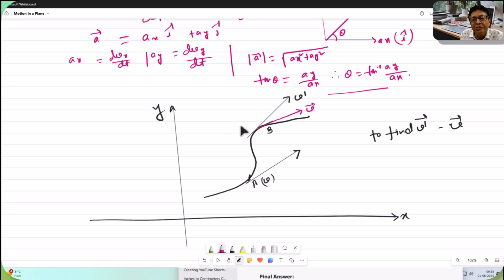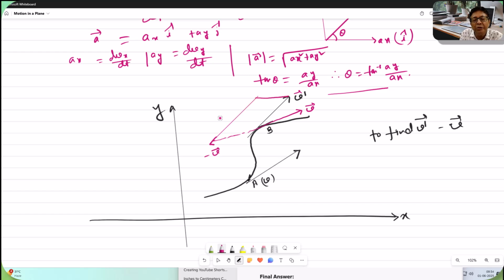V is taken over there. At the place of B, we take the direction, we take the velocity vector v. Now produce this one in backward direction. Okay, this is minus v, and then complete the parallelogram,